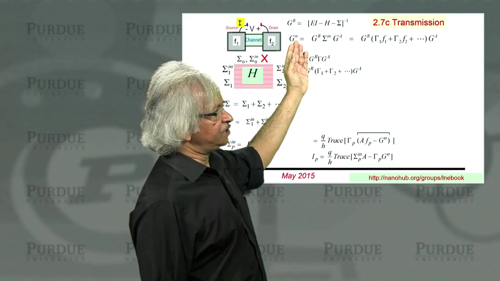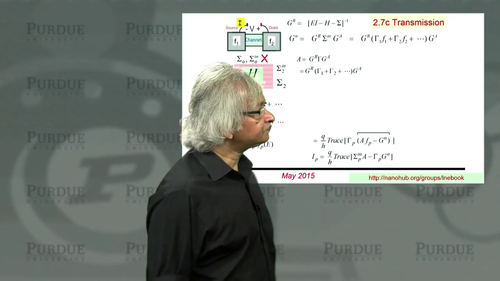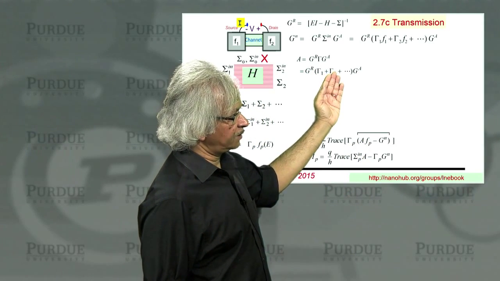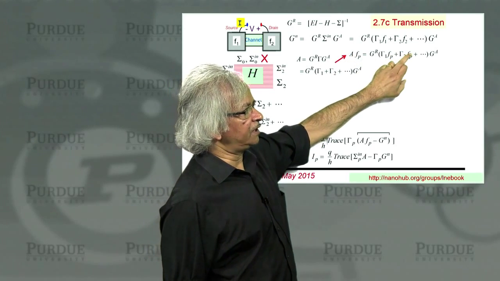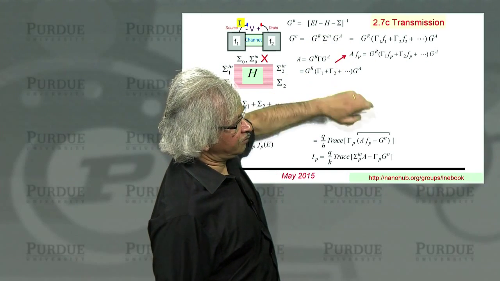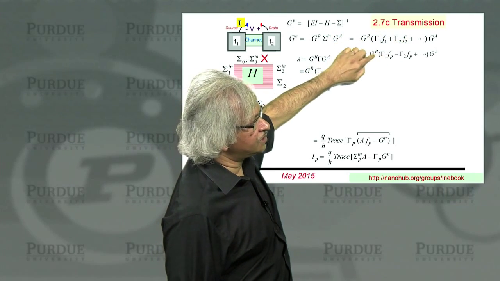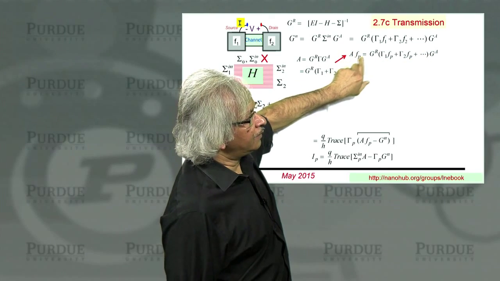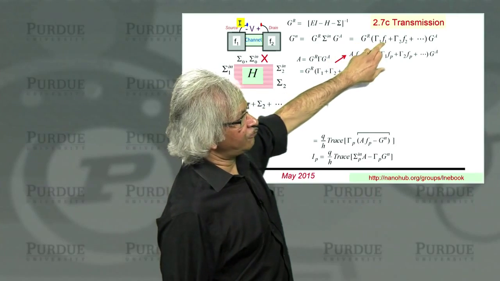Well, if you look at Gn, it is Gr times gamma 1 f1, gamma 2 f2, etc. If you look at AFP, well, A is Gr, gamma 1 plus gamma 2, etc. If you multiply by Fp, you get an Fp everywhere. So if you look at these two terms, AFP and Gn, and we need the difference, you'll notice each term is similar. They all involve Gr, gamma 1, Ga, Gr, gamma 2, Ga. But in this expression, every one of these Fs is Fp. But here it's F1, F2, etc.